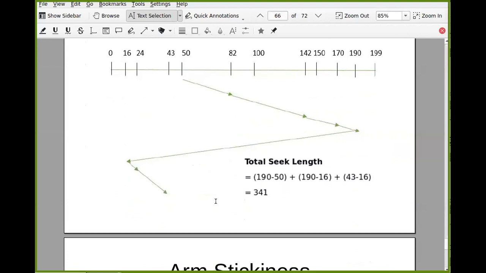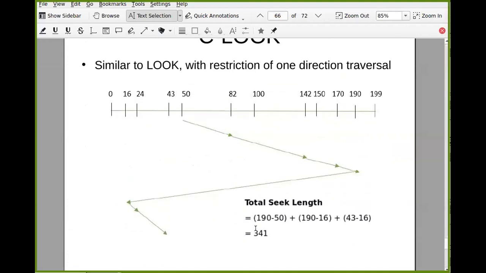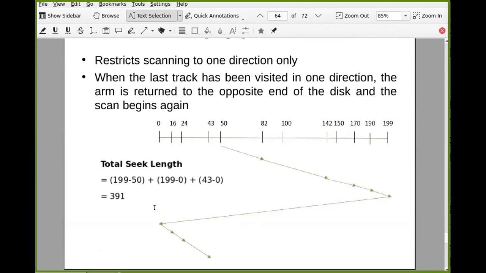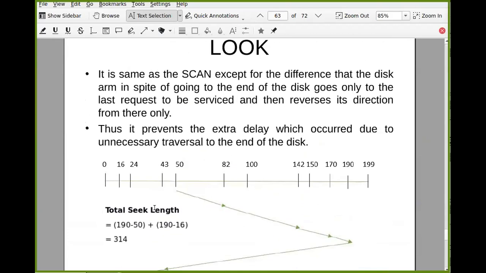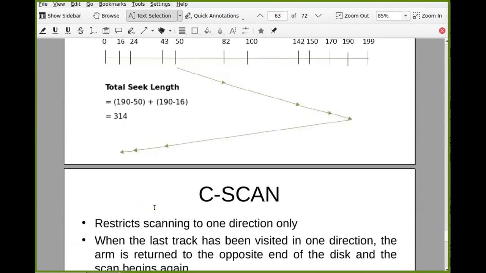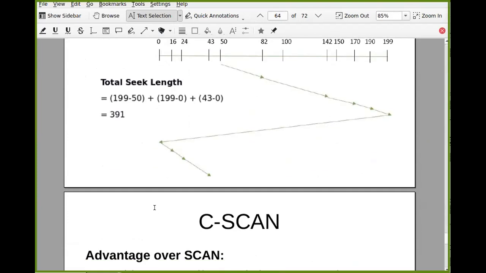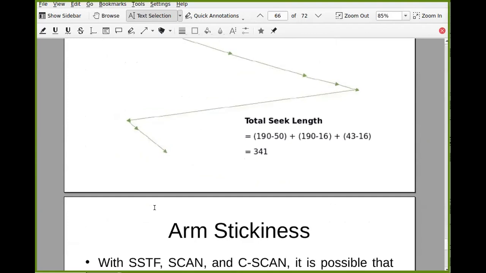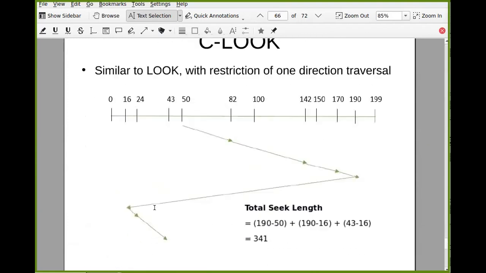You can see the total seek time in look and scan, and when you compare them, you may get different values. Of course, scan and look give you higher seek time, but response time is better.